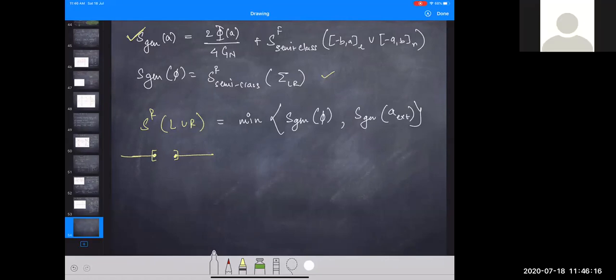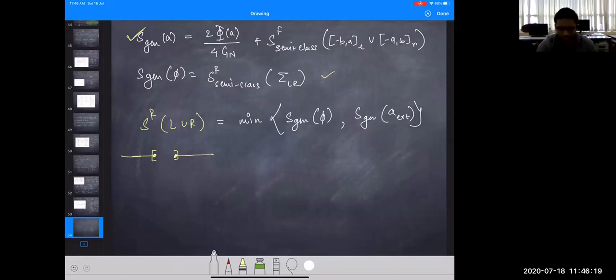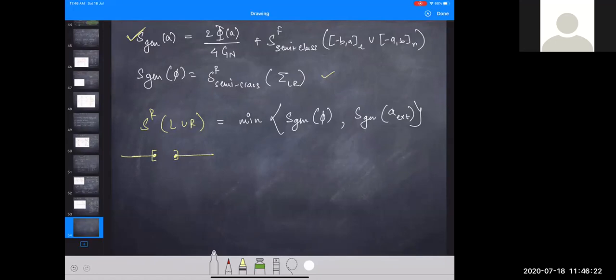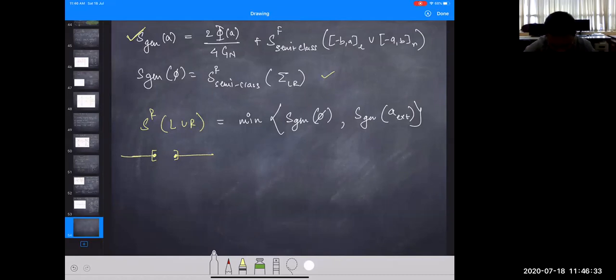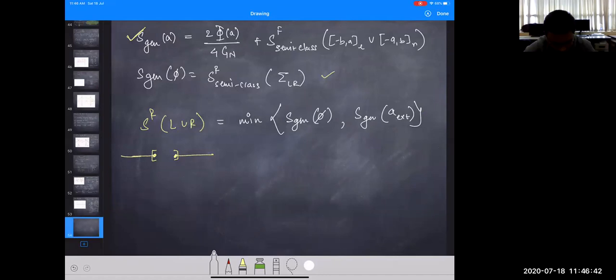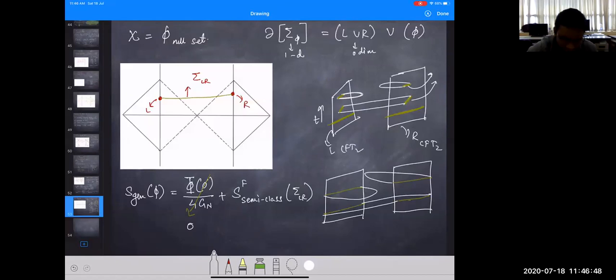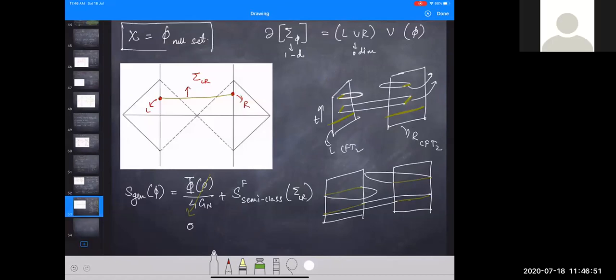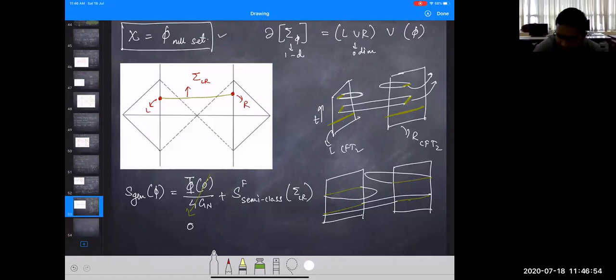Yeah. So can I ask something? Yeah. So when you say the phi is the S-gen of phi, did it mean that there is no extremal surface where the coordinates are real, or does it mean that there's no solution at all? No, there is nothing to extremize over. It's just, I'm asking, there will be some equation for the extremal surface. That's what I'm saying. There is no equation for the extremal surface because I've chosen this null set as an extremal surface, which is a perfectly valid surface which always exists, because it follows the